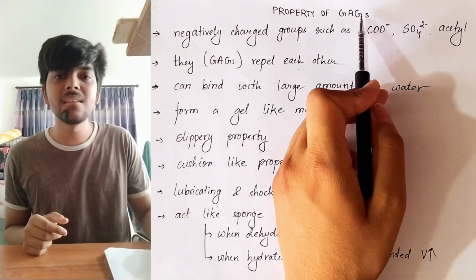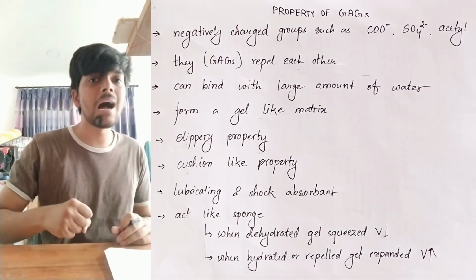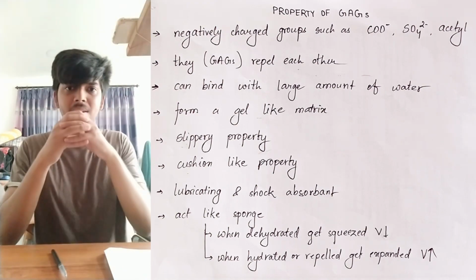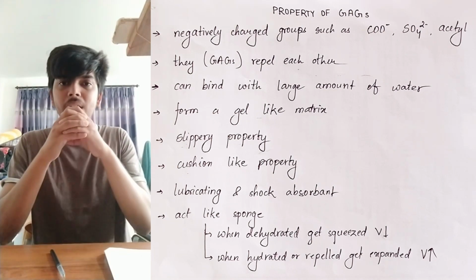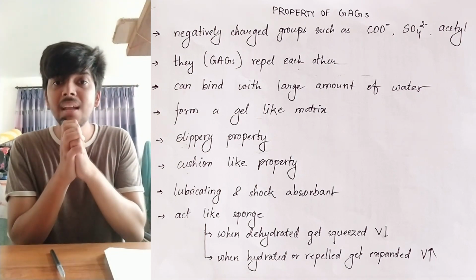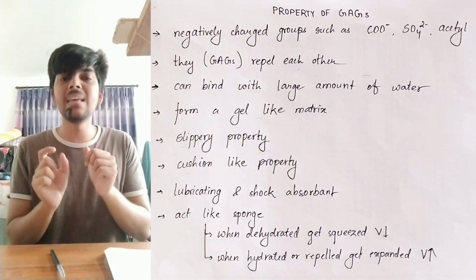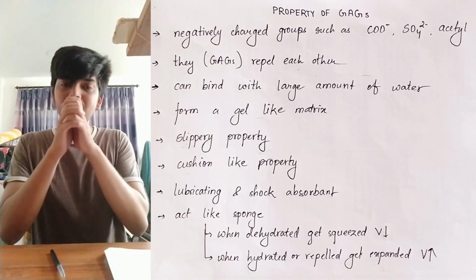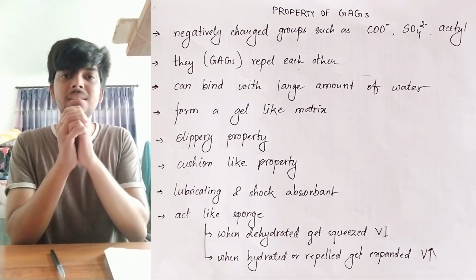Similarly, GAGs, if they get dehydrated or water molecules somehow come out of the matrix, get squeezed. So here's a ball of GAG, a gel-like matrix. If it gets dehydrated, it gets squeezed and decreases in volume. But once it gets rehydrated, since the molecules of the GAG are negatively charged, they repel each other. So the molecules of the GAG present in the matrix repel each other, and as a result,